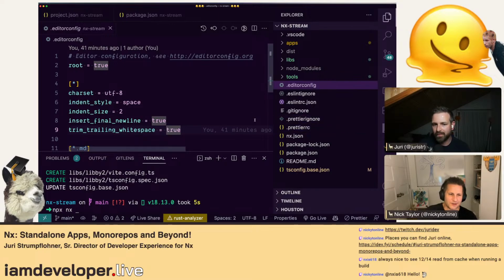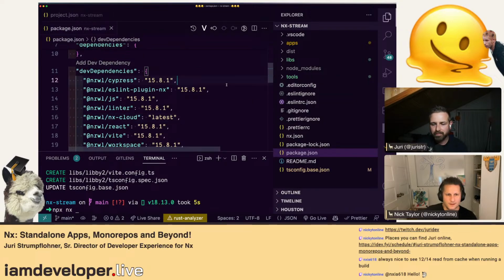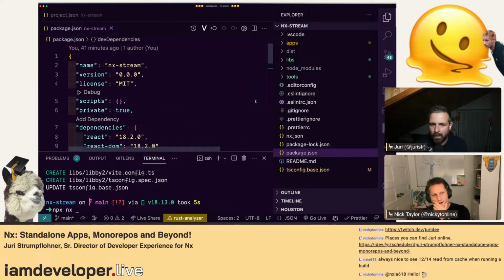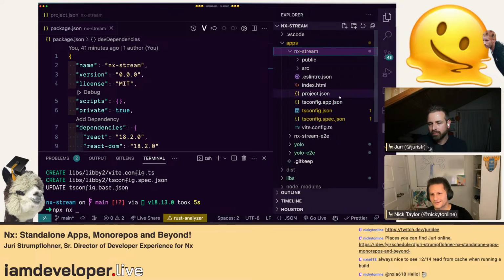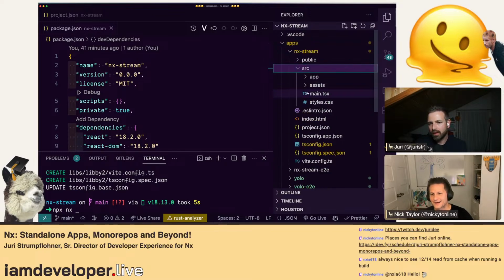So the generators totally do that. Okay, so there's all that. I'm wondering if there's anything else to cover here or not. I don't think we necessarily need to build out an app. I mean, we obviously could, I could just add some stuff to the React here, but I'm trying to think.